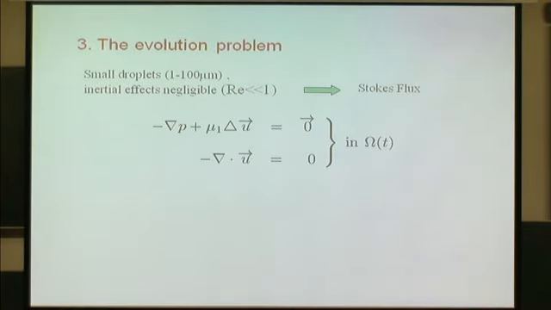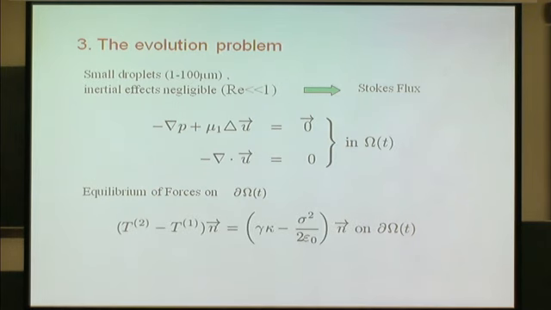And now concerning the evolution problem, we want to look at the formation of the jets. Once we have an instability developing, we want to see what happens with the jet. As I said, typically the Reynolds number is very small for experiments, so you can approximate everything by the Stokes problem. Now you write the curvature minus the density of charge squared at the right hand side of the balance of stresses. This is the difference of viscous stresses, and this is the surface tension force and the electrostatic repulsion force.